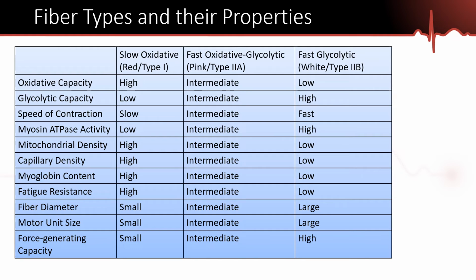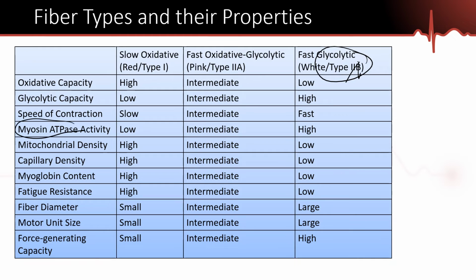Okay, so we know that fast twitch muscle fibers, they're the ones over here on the right. That should have an X instead of a B. We know that fast twitch muscle fibers shorten very fast and consume huge quantities of ATP over the course of a short period of time. So if you look over here,